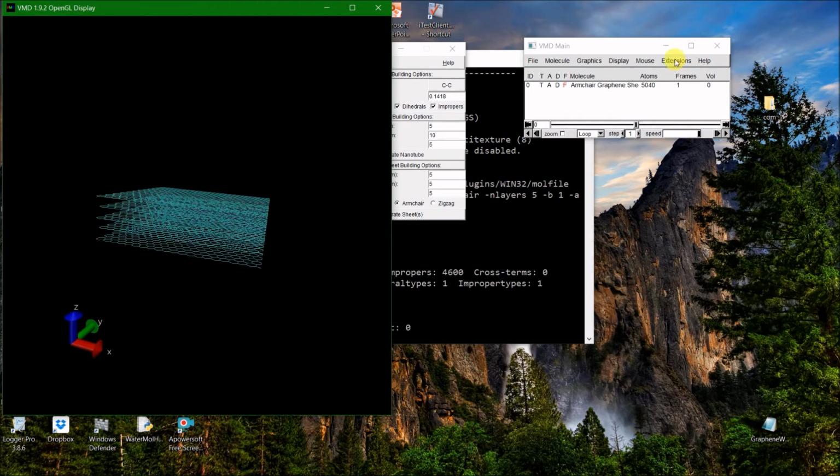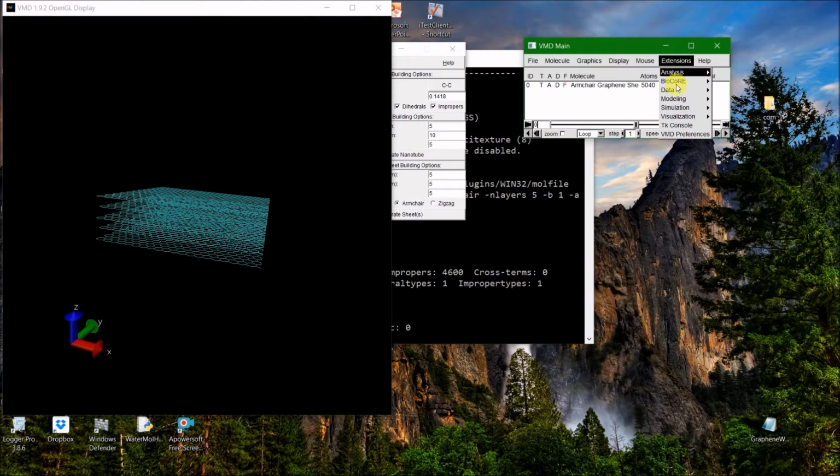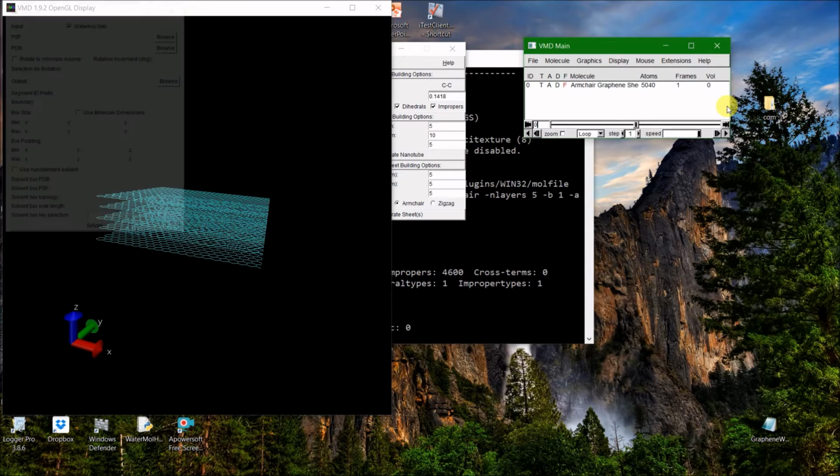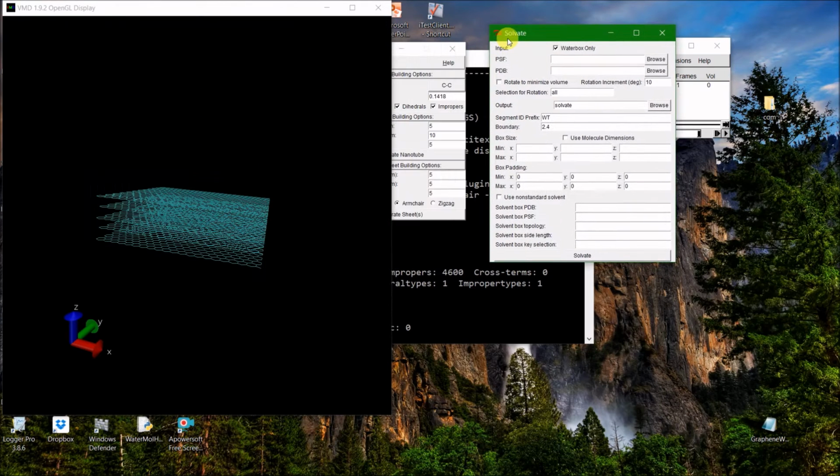It was pretty simple, and now we just want to add some water to it. So we just go to the same place in extensions and modeling, and we'll just go to add solvation box now. Now this screen is a bit different. Instead of just specifying the length and width of our graphene sheets, for water we need to specify the minimum X, Y, and Z coordinates and the maximum X, Y, and Z coordinates for a water box. So I'll just start the origin here, and in order to find out the maximum coordinates,